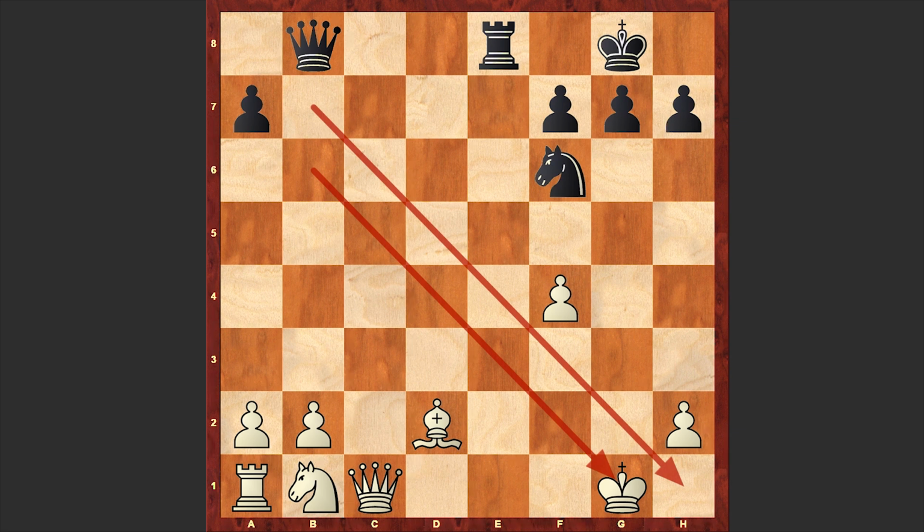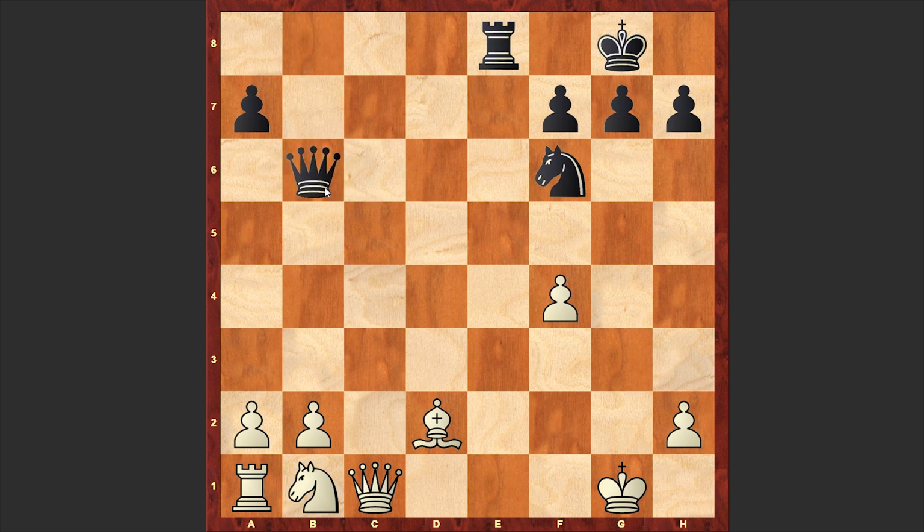At this point already you can give a try to find the staircase pattern. I'm giving you a hint. And only now we're good to go with the solution. Queen b6 check, king h1, queen b7 check, king g1, rook e2. And now how to